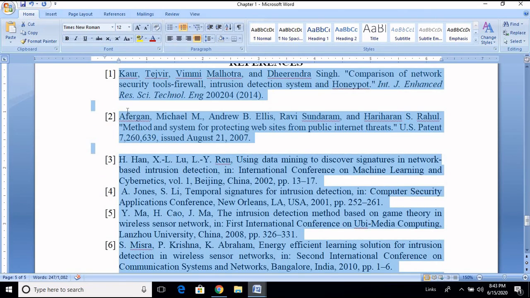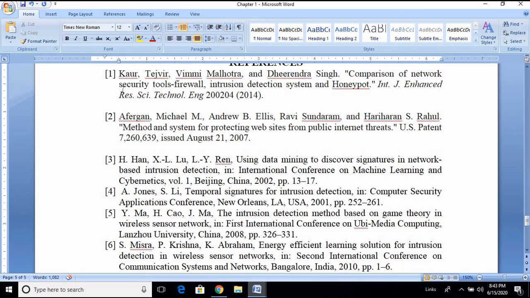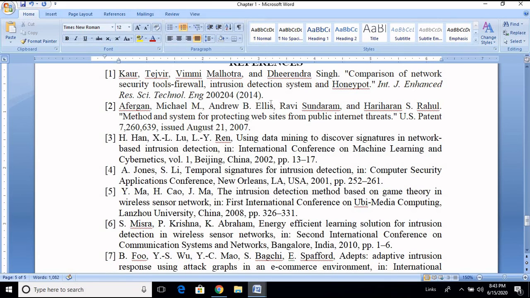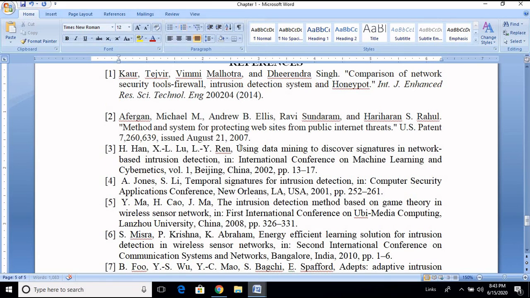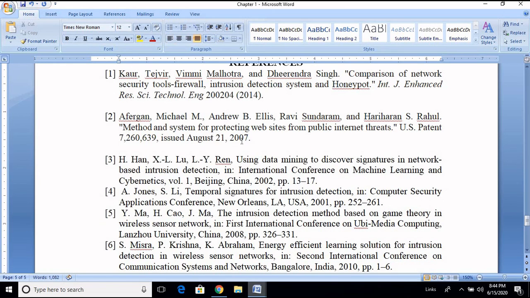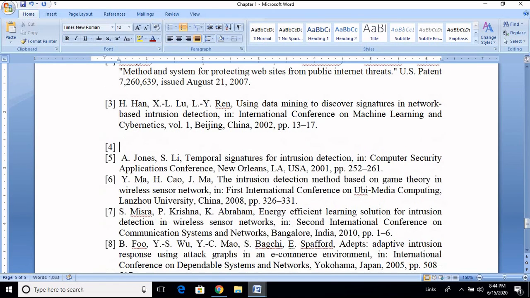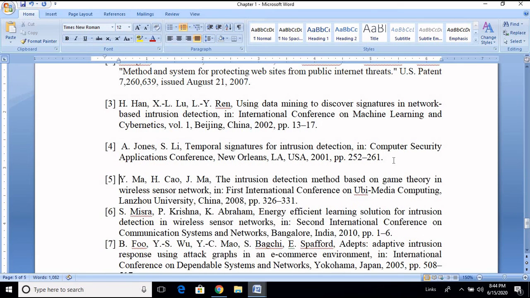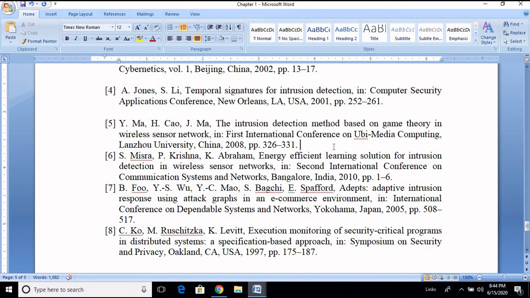Okay. After this, if you want, you can give spaces between each reference, or if you don't want to give, it will simply be like this, or something like this. So you will have a better look for your document.